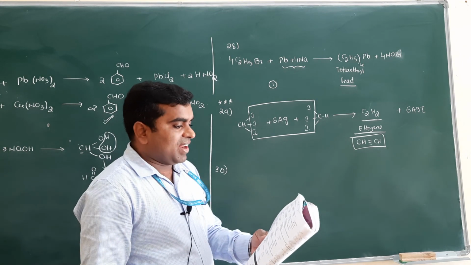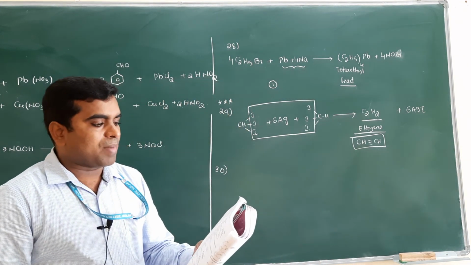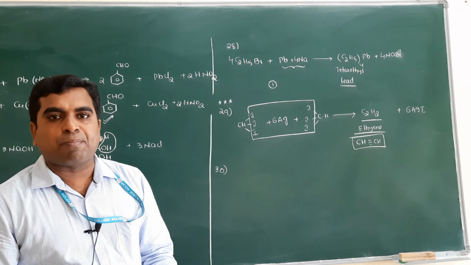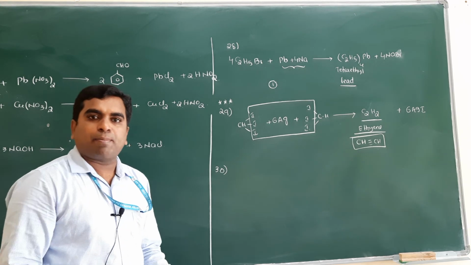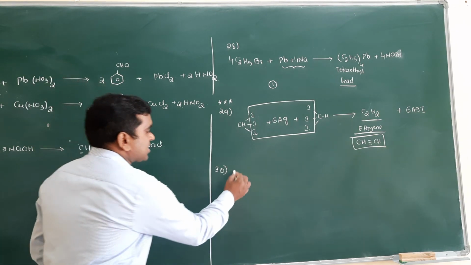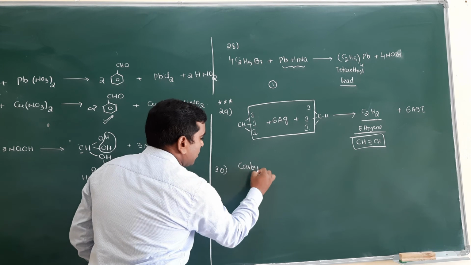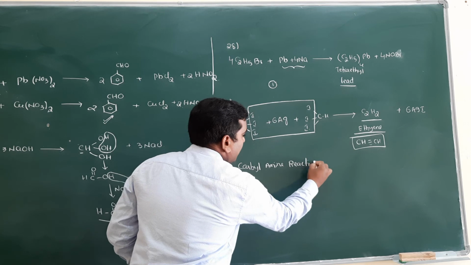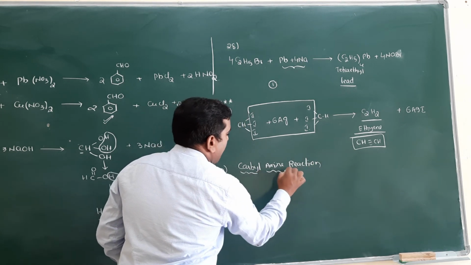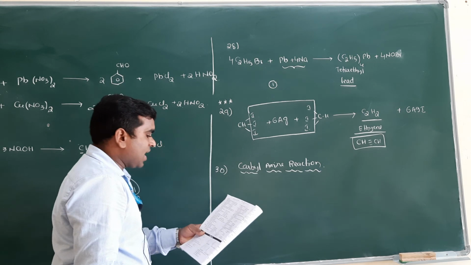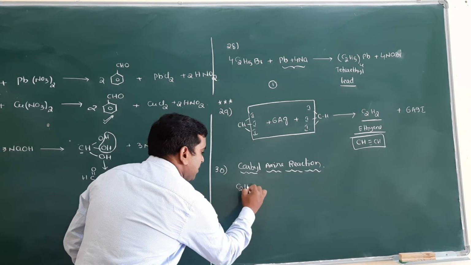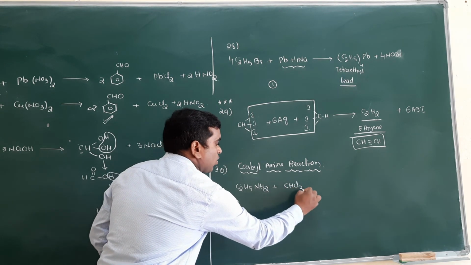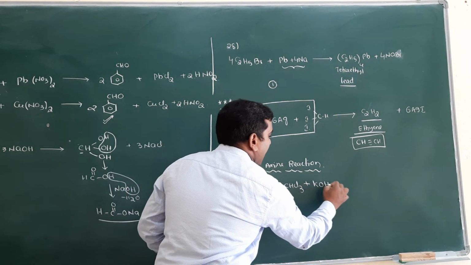Question number 30. When ethyl amine is heated with chloroform and alkali KOH, the compound with offensive smell is obtained. This is, as yesterday I already mentioned, the carbylamine reaction. So what have we discussed in the carbylamine reaction? I already mentioned it, and again we will discuss this reaction in the amines chapter. Clear? So what have they given here? Ethyl amine, C2H5NH2, is treated with chloroform plus KOH.